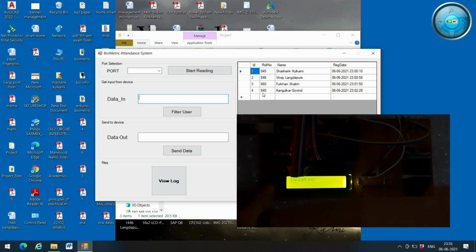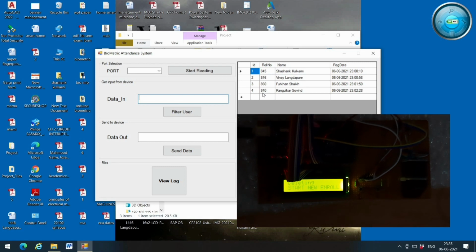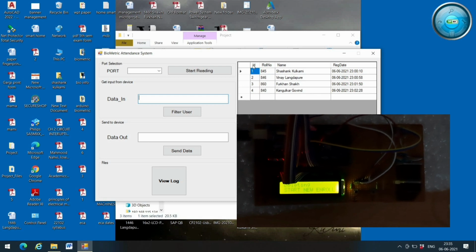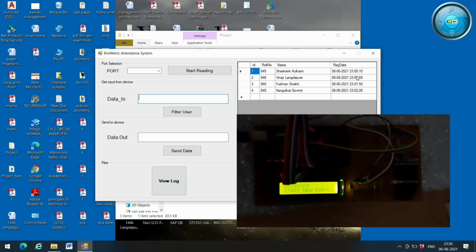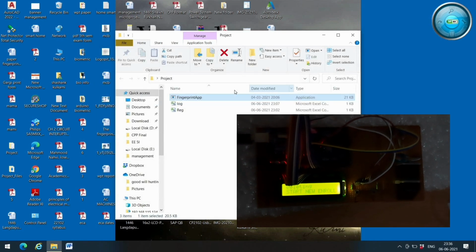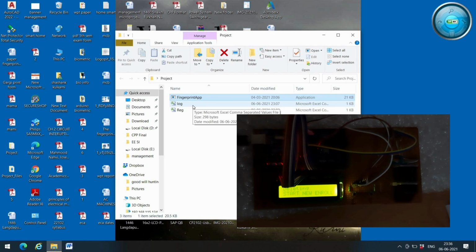Okay, then click again on delete switch. Press until the count. Release. The LCD screen is showing start new enroll. So here there are 4 IDs. These have been deleted. These files have been stored.